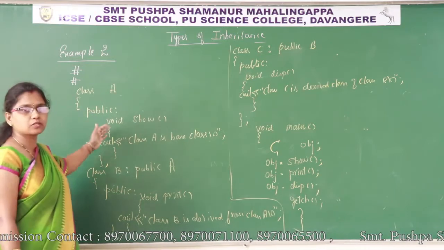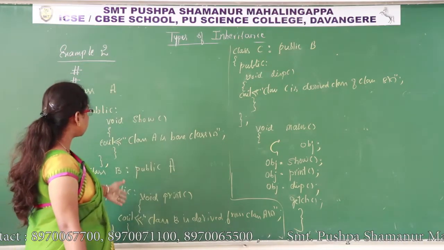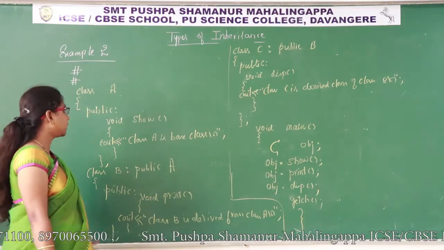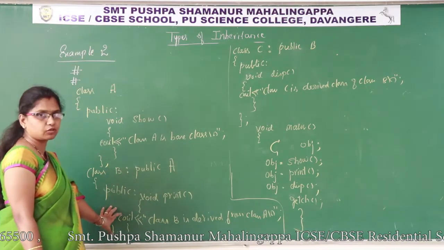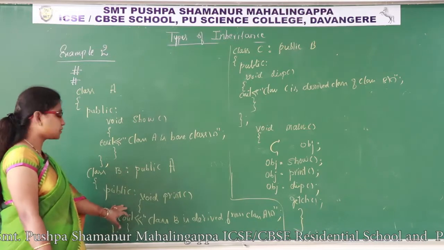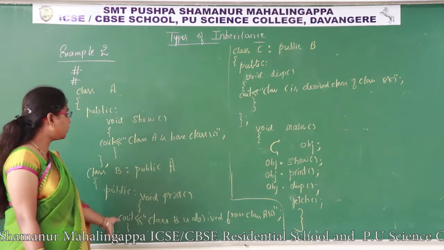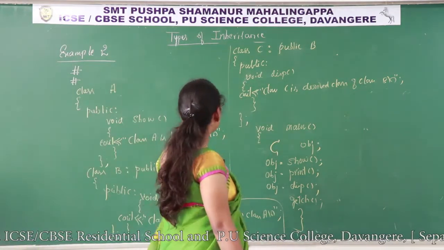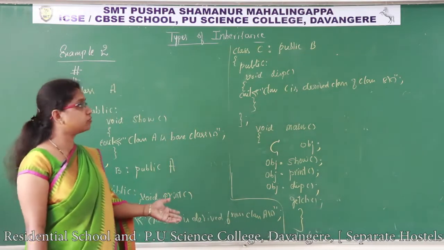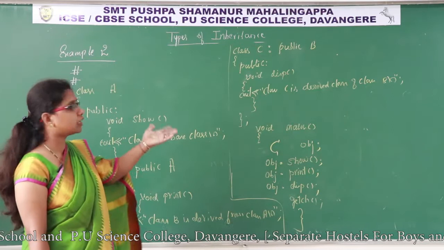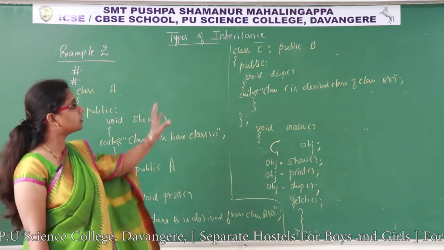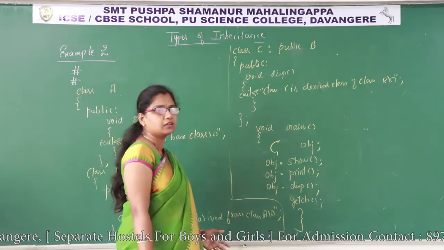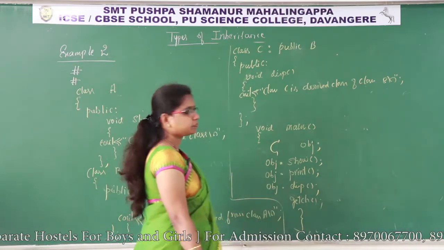So in class A's public section there is one member function, show, and in the public section of class B, another member function, print. The mode of inheritance is public, so the public members are inherited to the public section of the derived class. The public section of class B has two member functions, show and print. Then class C, which is derived from class B, has show, print and disp in its public section. These three members are there in the public section of class C, and we can access these functions through the object of class C.